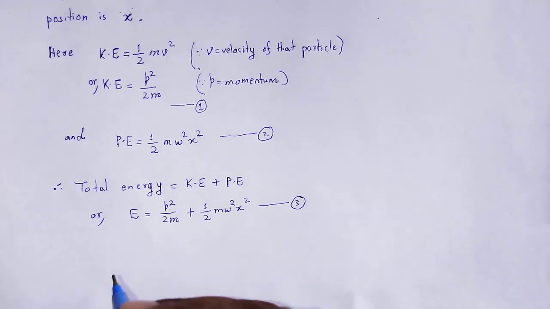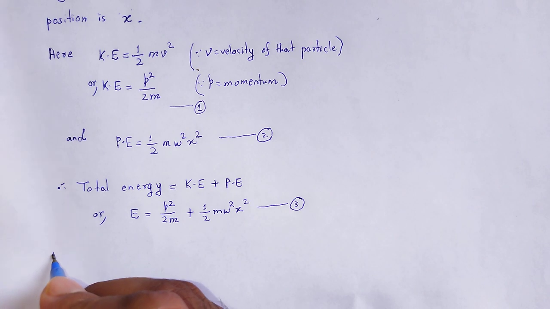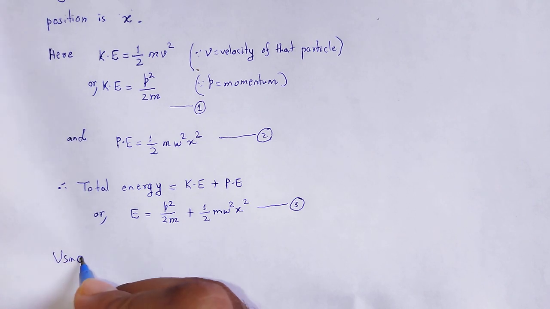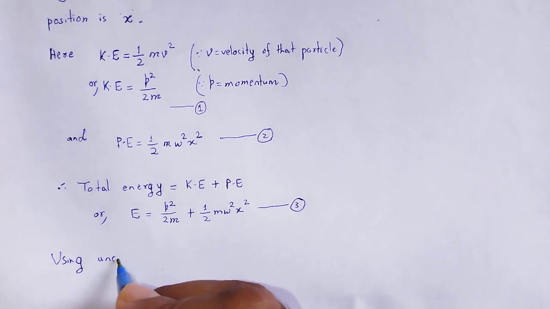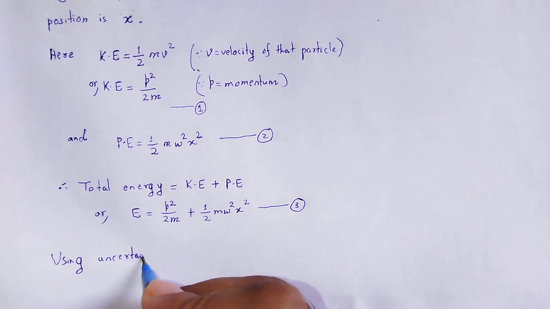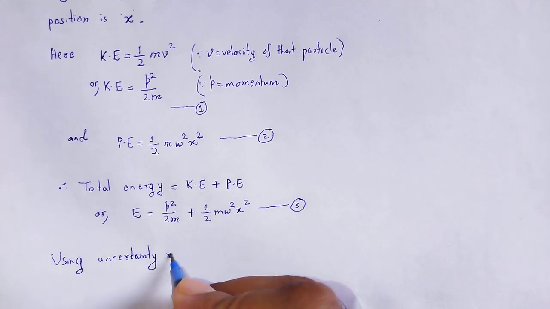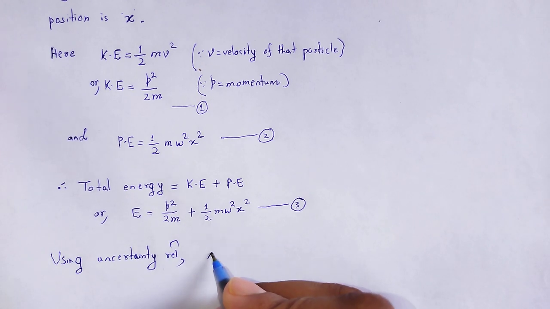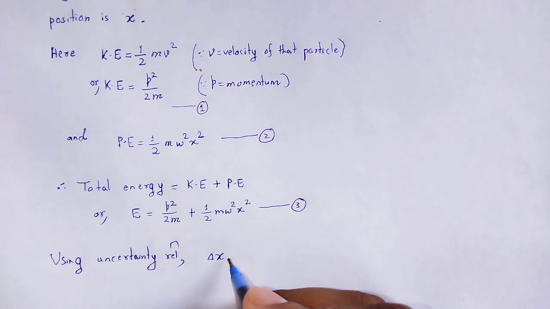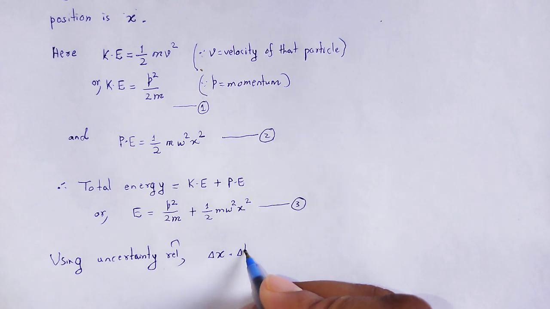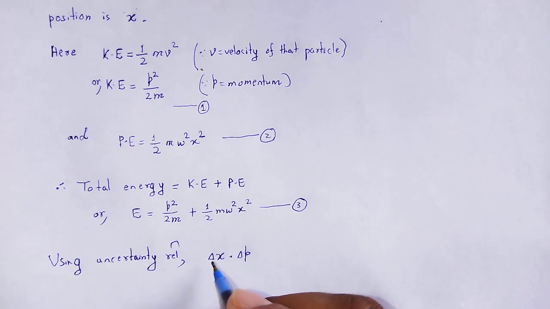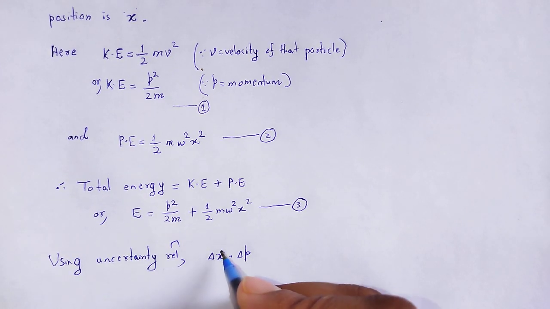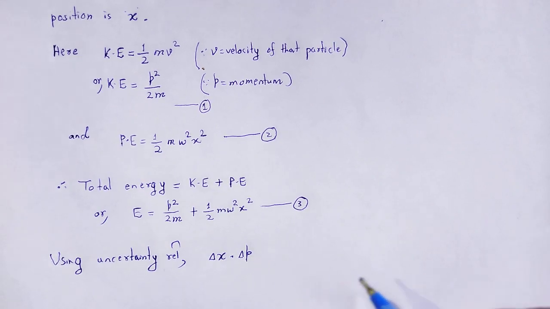Therefore, we can write, using the uncertainty relation, uncertainty in position into uncertainty in momentum, along the direction of that position,